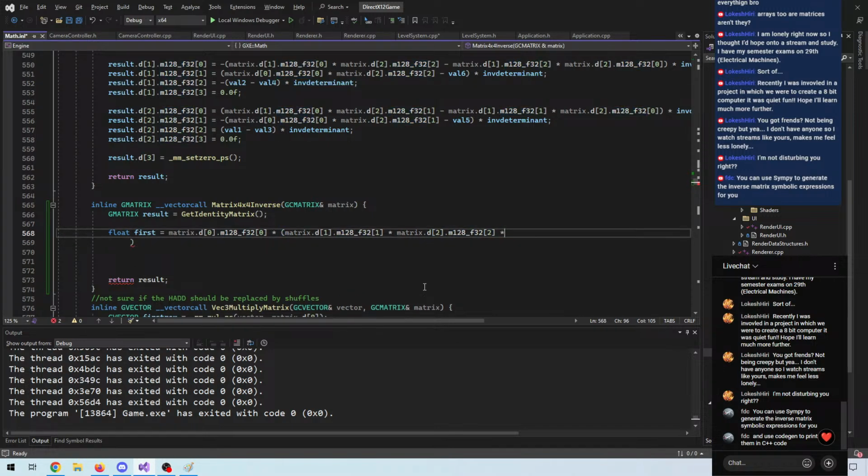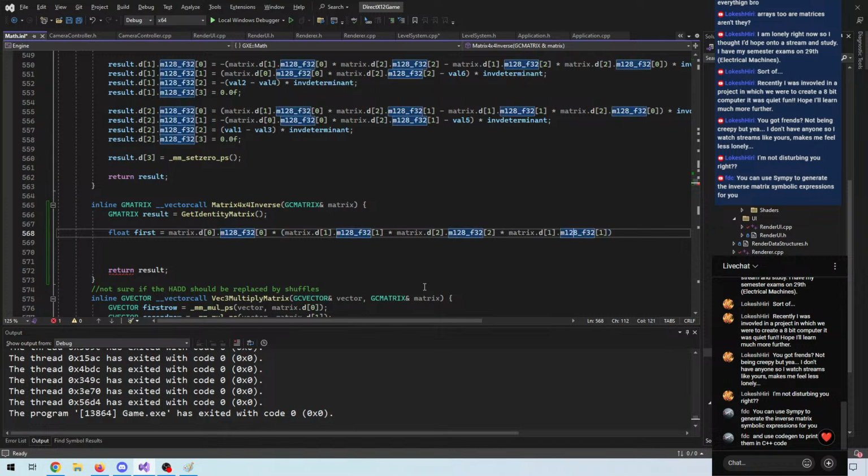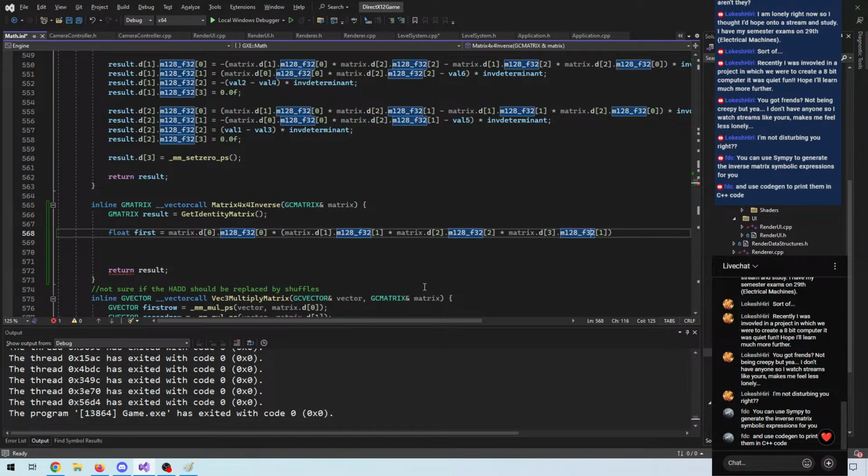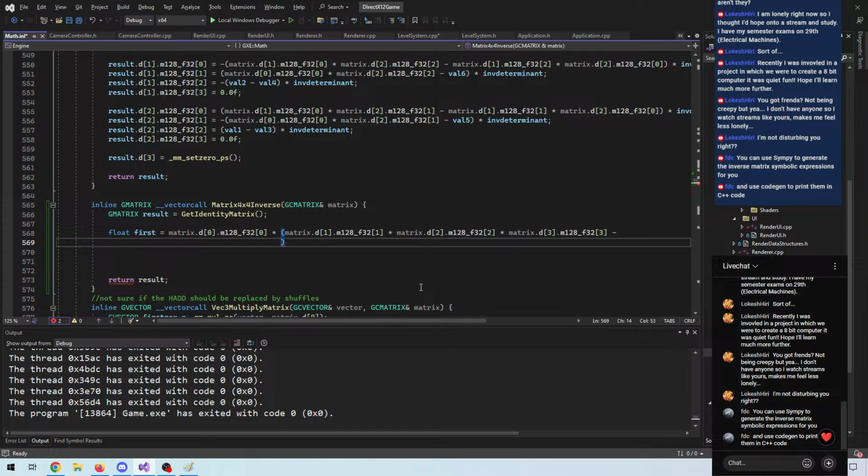All the diagonals here times each other. Minus, let's see, let's do the semicolon so I don't have to bother doing this all the time. Minus, no, plus actually, plus